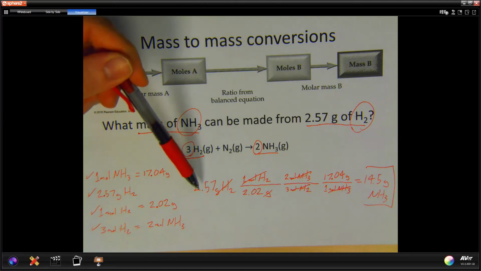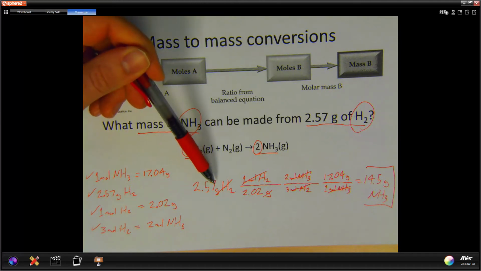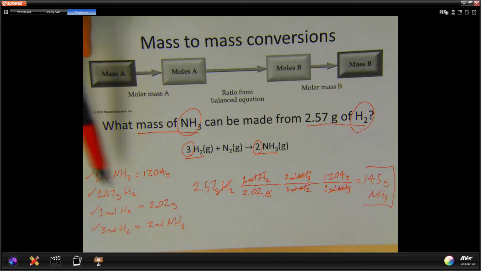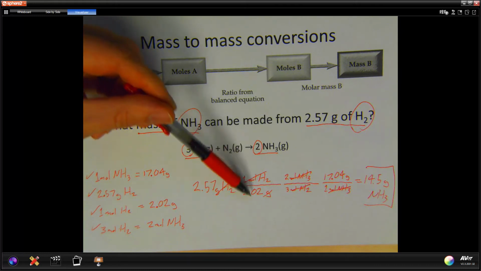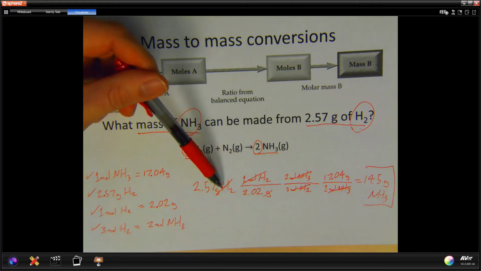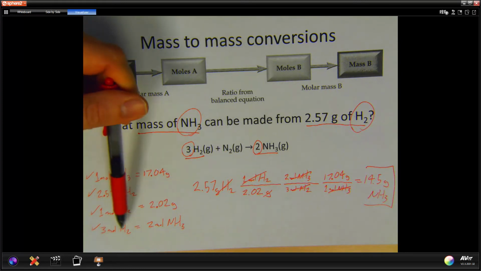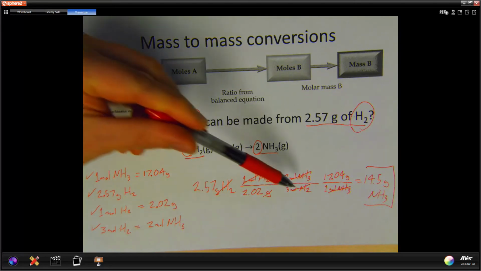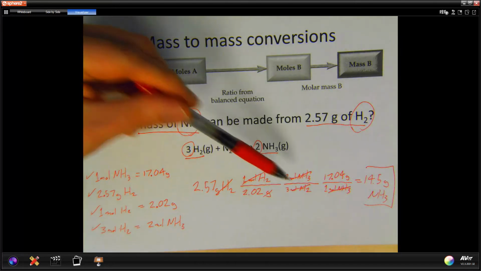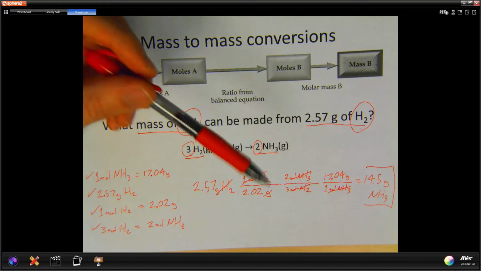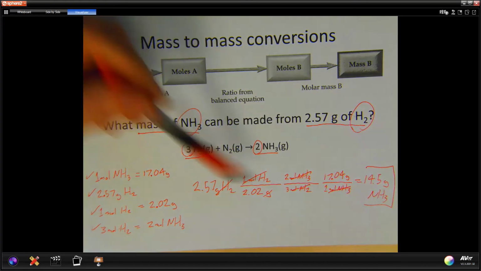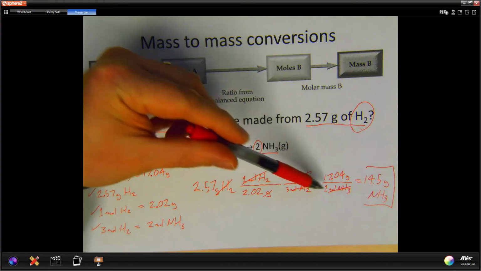So we go ahead and set this up. So we have the mass of H2. We were given the 2.57 grams. We set up our conversion for H2 to moles. So we have the molar mass, grams on the bottom, so it cancels out. Then we use the stoichiometric coefficients to go from H2 to NH3. So H2 on the bottom, those cancel. NH3 on the top. And then we have the molar mass of the NH3,